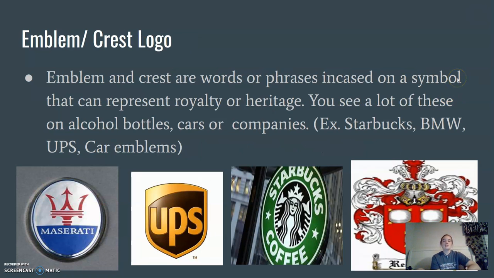Our next one is emblem and crest. Now, emblem and crest are words or phrases encased in a symbol that can represent royalty, heritage, or just a sense of you can trust us. You see a lot of these in alcohol bottles, cars, companies, restaurants, and other things like that, like Starbucks, BMWs, USPs, and car emblems. Now, as you can see in my examples, I used a car emblem in the first one,